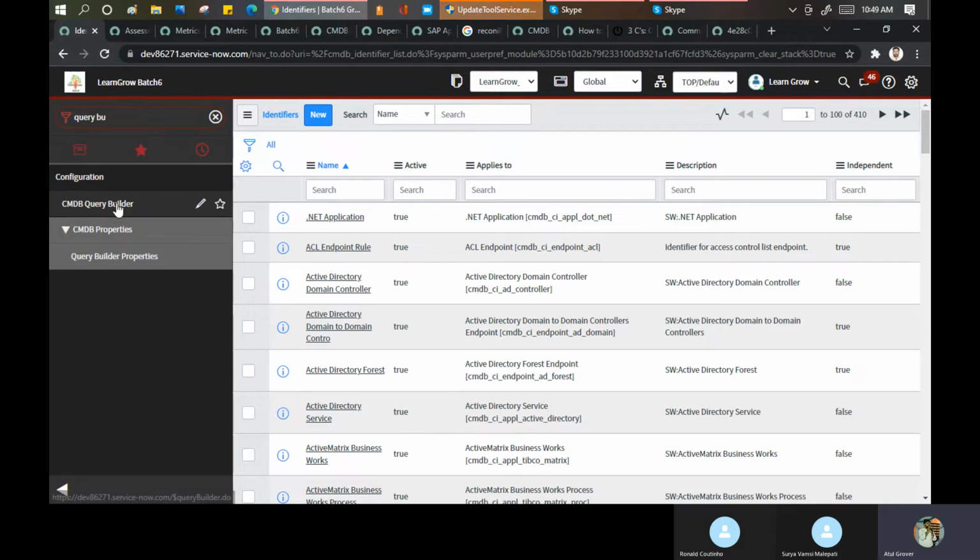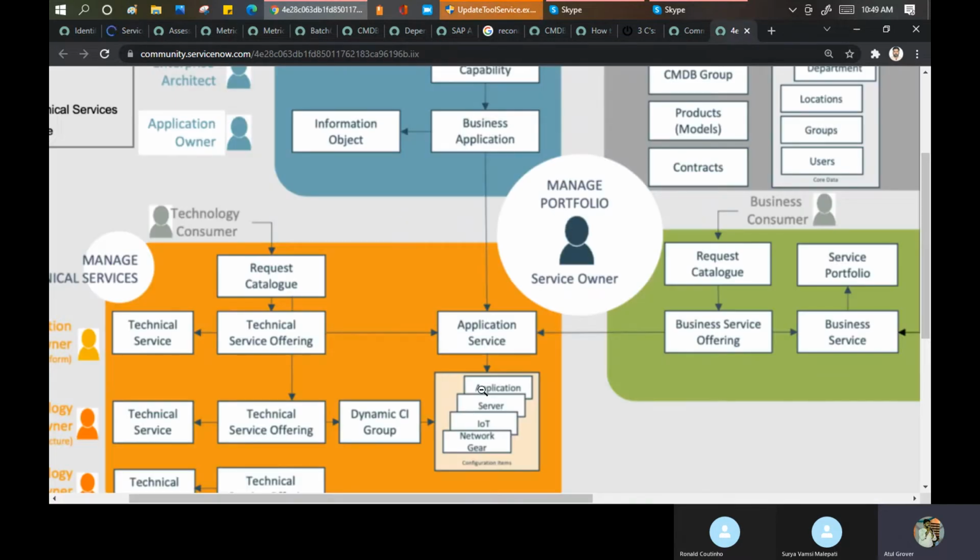I don't know this one either. Here we go and write our query that if this service, because until now what were we discussing, we were just discussing which is my CI, which is my server. But now what we are discussing is, if I am checking the production service, then whose approval is required? If my CI is an application, or my CI is a server, or my CI is network gear.